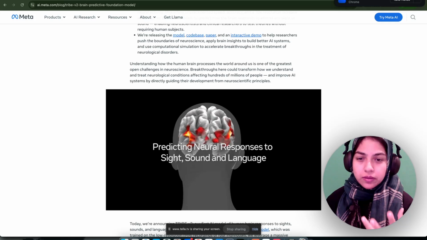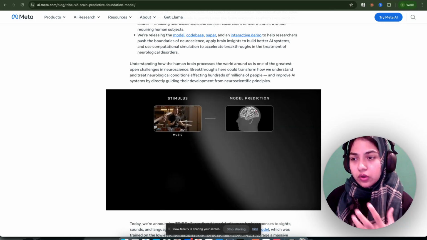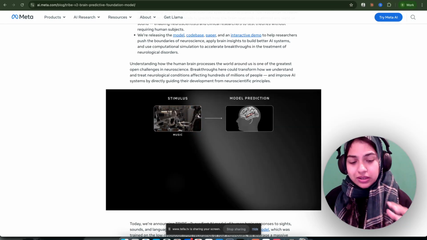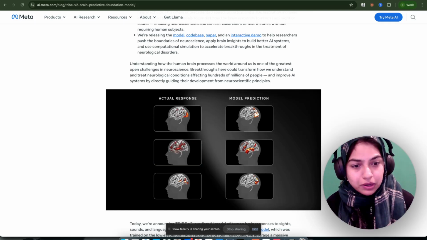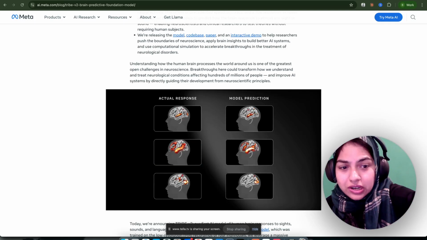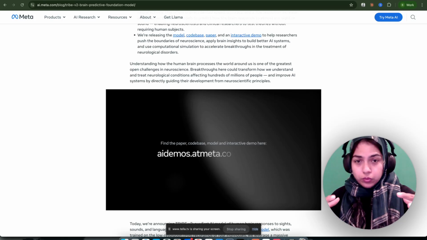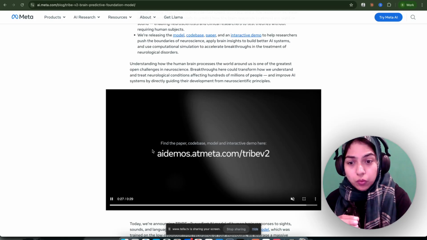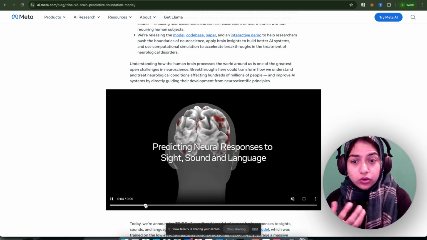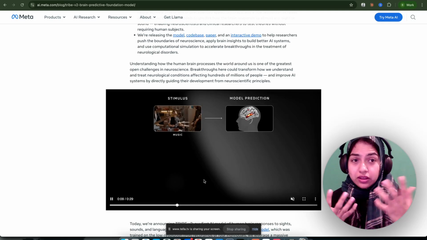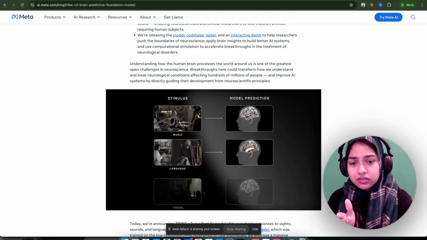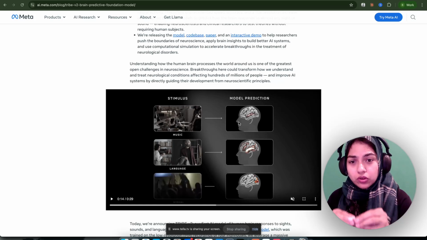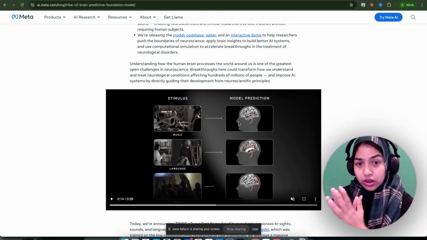One of the main concepts of neuroscience is how the brain processes the world around us, and this is exactly the main idea on which this model was built. This is what Meta is trying to solve, to create an actual AI brain of humans where they can predict how they respond to different stimuli, including music, language, text, or any visuals. And based on this, what they wanted to test was, seeing this kind of stimuli,